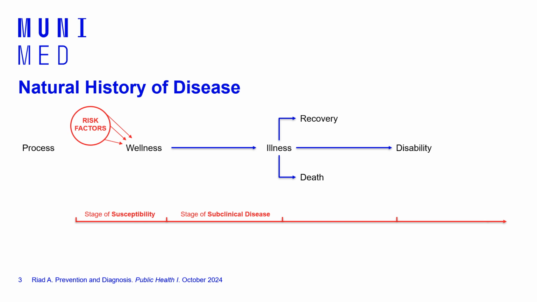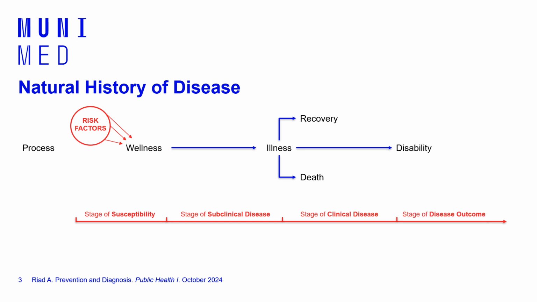So these changes have already started pathologically, as I said, at the subclinical level, I mean below the clinical threshold. But we know that at a certain moment these changes will increase and become more prominent, and this is the moment when we see the clinical disease. So after the patient starts to have clinical symptoms, they move from subclinical to clinical disease. The first day when the human starts to cough or have a headache or suffer from diarrhea or any other clinical symptom is the first day of the clinical disease.